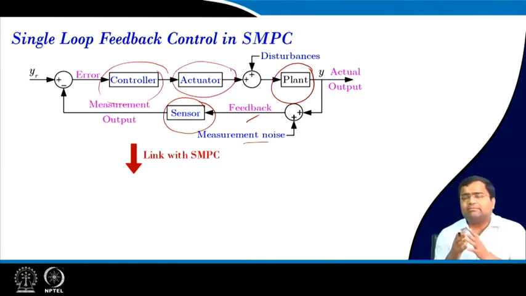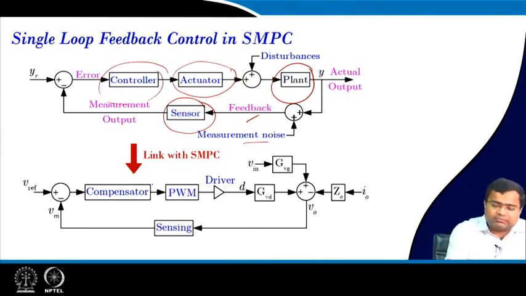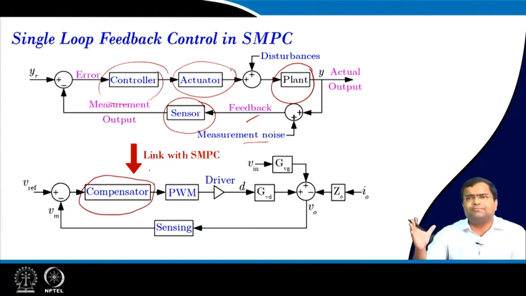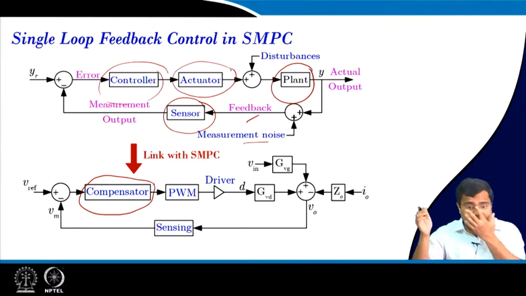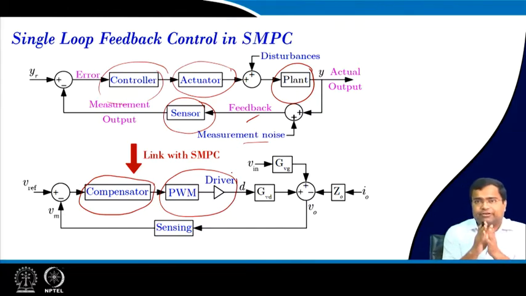And the disturbance can be load disturbance, supply disturbance. So, if you link with the power converter, then this controller is nothing but the compensator, like you can use a type 2, type 3 compensator, or even if you use a PID controller, then this actuator is nothing but a PWM and there is a gate drive circuit, and that PWM will convert the compensator output into some gate